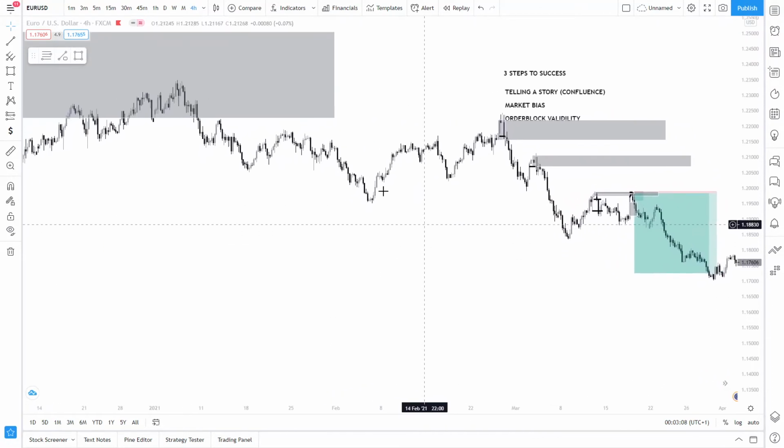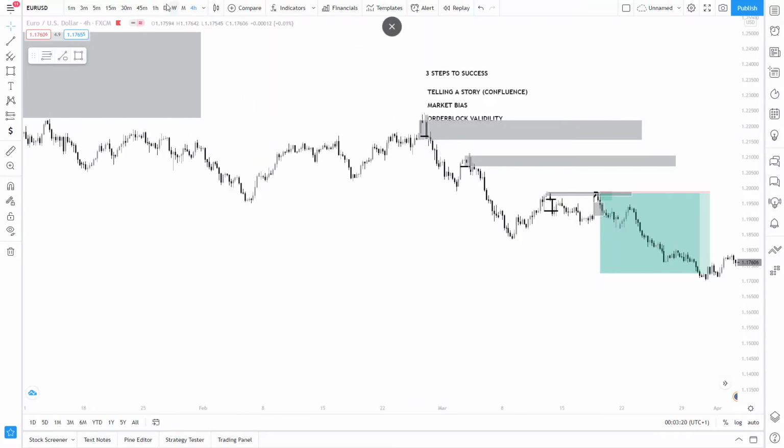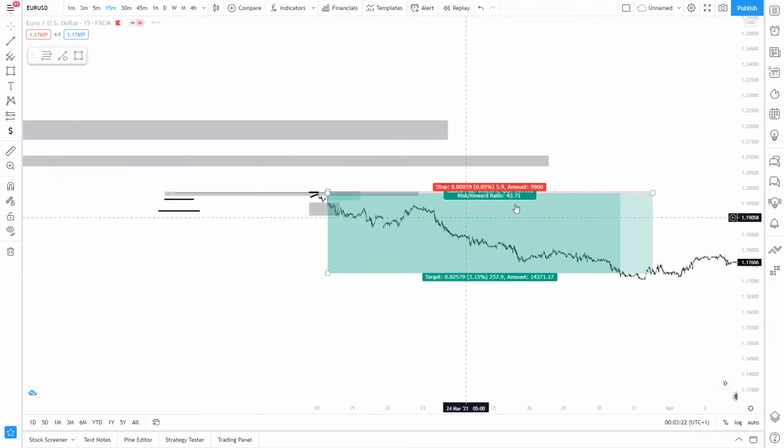But going on to what I was saying, you're going to look at the story of the market and market bias. Market bias I've already explained. You're going to trade pro trend as it's less risky and you can maximize your profit. Next thing I went over is order block validity. So if you go over this again,